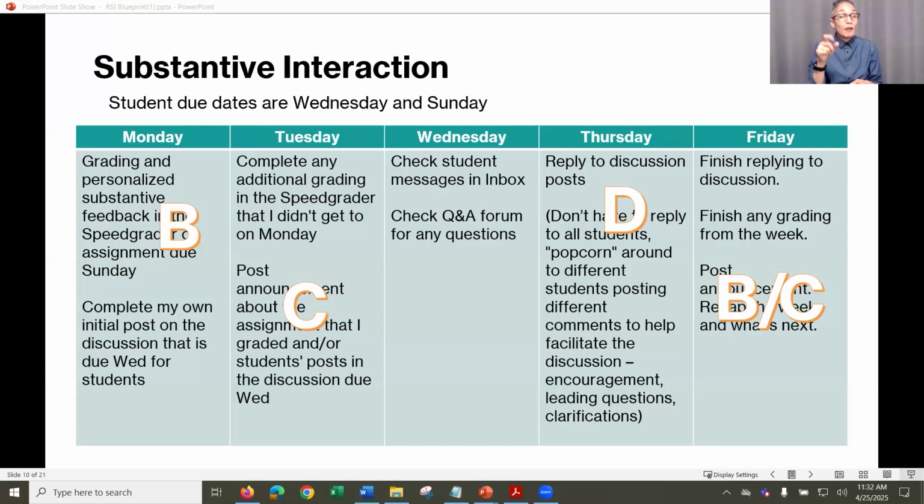But another strategy, which would definitely count as an instance of RSI, is to have a summary of what was talked about in the discussion. So after all the posts are done and graded, you could make another post in the discussion, or even an announcement in the course, that says, this is what I asked you. This is what some people said. This is where I need to clarify, and that you're on the right track on this.